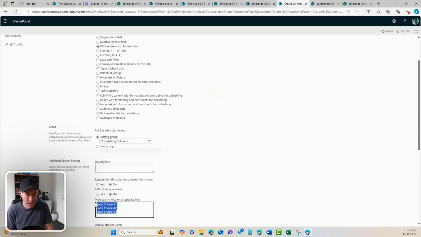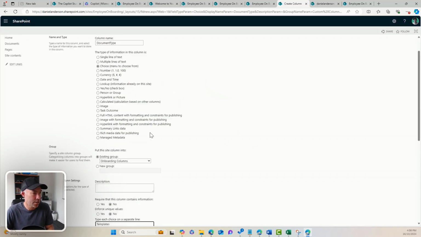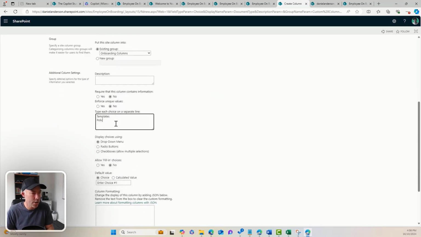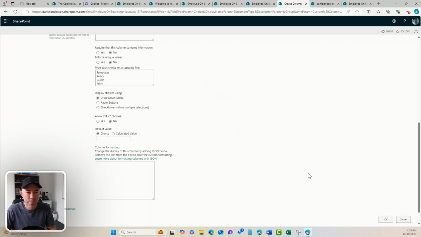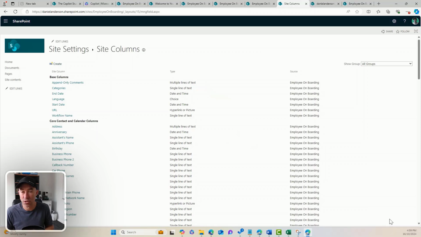document types in here. So we're going to have templates. We're going to have policies, and it's a document type, so it's a policy, not policies. We'll go a guide. We'll also have a form. All right, so we'll go form. So we'll go those three. So we'll go template, policy, guide, and form. We're not going to have a default value. We'll click OK. So now that we've got two of our site columns created, we can now use those on